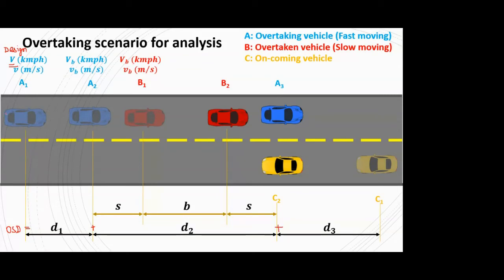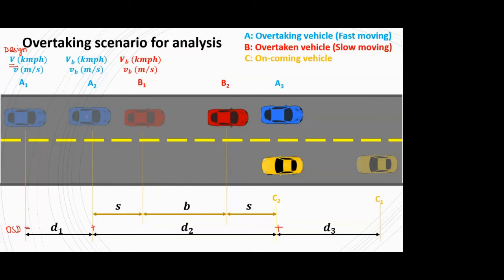Okay. So again, continuing with the story, there is a vehicle B which is traveling with a speed VB kmph. Then there came a vehicle A into the system which was traveling at a speed V kmph. But now it saw that vehicle B is traveling at a lesser speed or slow speed. So it wanted to overtake this vehicle because it didn't have any intention to follow vehicle B. So the driver of vehicle A decided to overtake the vehicle.